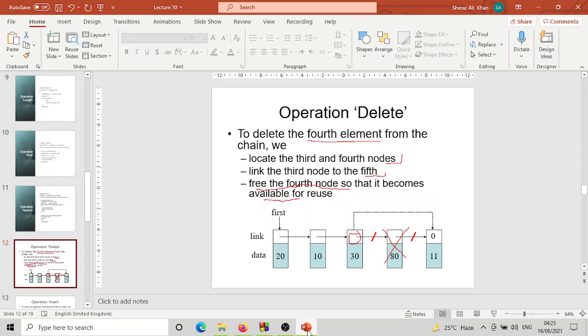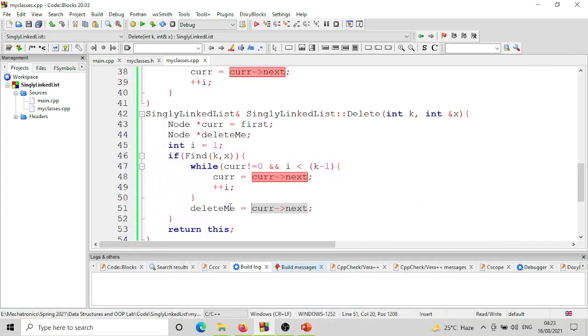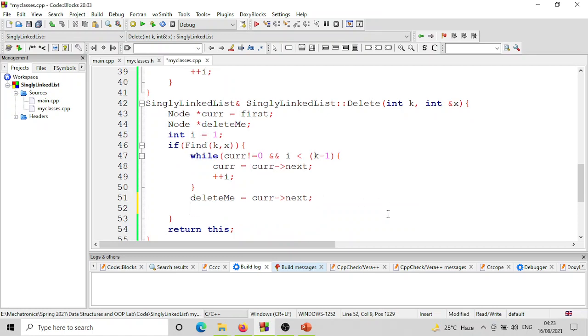Link the third node to the fifth, but before that we need to store the address of the node that we want to delete। so मैं उसका एड्रेस यहाँ पे स्टोर करूँ, दिस इज द kth नोड जिसको हमने डिलीट करना है, ठीक है। इसका एड्रेस मैंने स्टोर कर लिया, इसका एड्रेस यहाँ पे करंट एरो नेक्स्ट में था। अब मैं k माइनस फर्स्ट नोड को k प्लस फर्स्ट नोड से लिंक कर रहा हूँ, यानी थर्ड नोड को फिफ्थ नोड से लिंक कर रहा हूँ, फोर्थ को हमने डिलीट करना है, ठीक है।